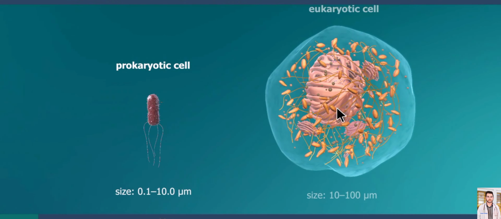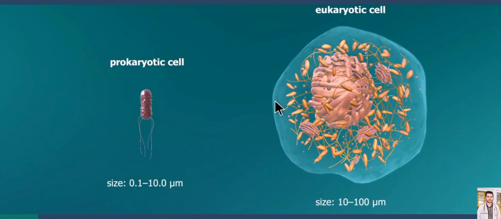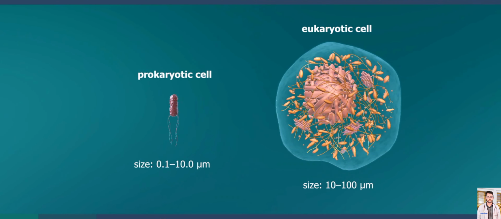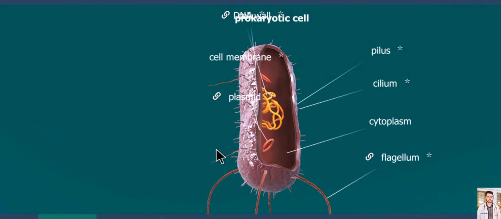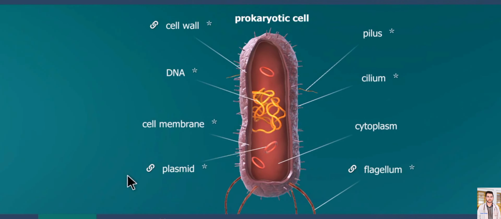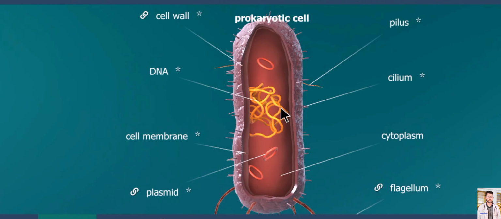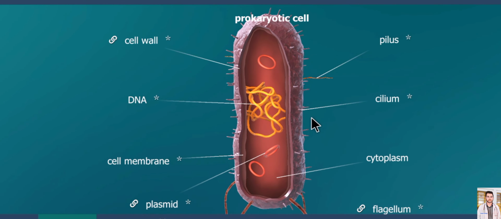Cells are the structural and functional unit of life. Based on the nucleus, cells are of two types: prokaryotic and eukaryotic cells. Prokaryotic cells are unicellular organisms that lack a true nucleus and other membrane-bound organelles. They are the smallest and most ancient form of life on Earth and can be found in almost every habitat